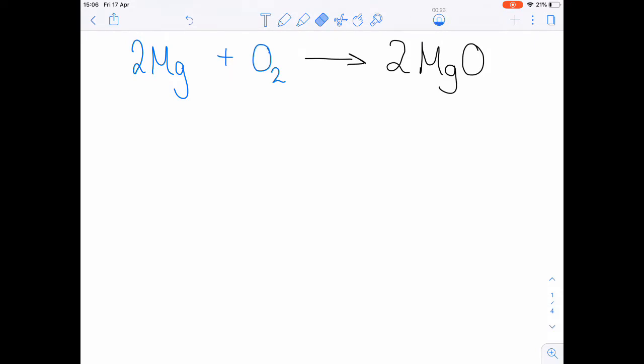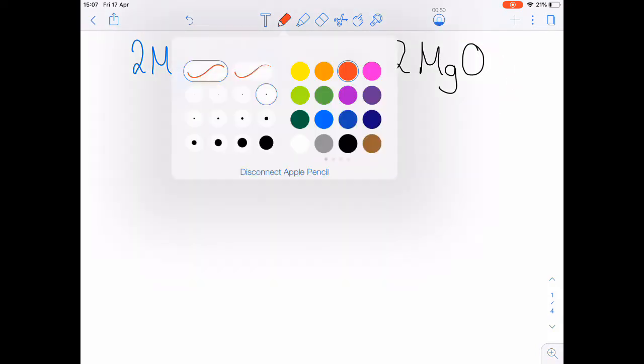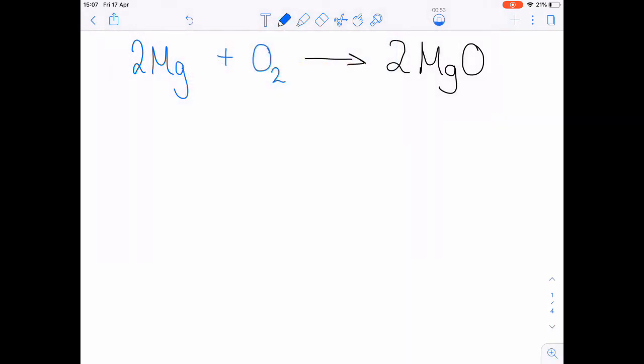We've got magnesium plus oxygen makes magnesium oxide, and the key about this equation is either the magnesium or oxygen will run out first, probably the magnesium, and then magnesium oxide will stop being produced. The reaction will be complete, and that's one type of reaction. One of the things runs out and the product stops being formed. You can have different types of reactions though,